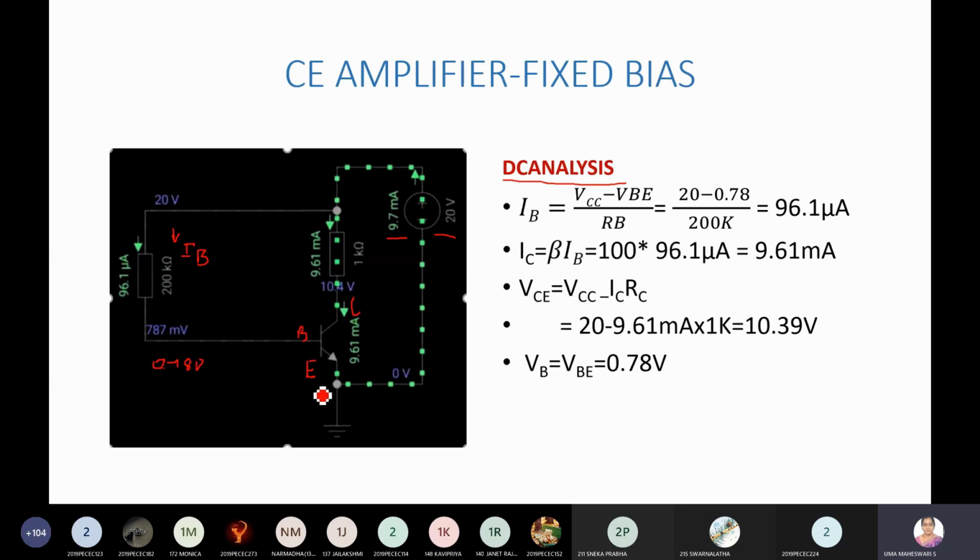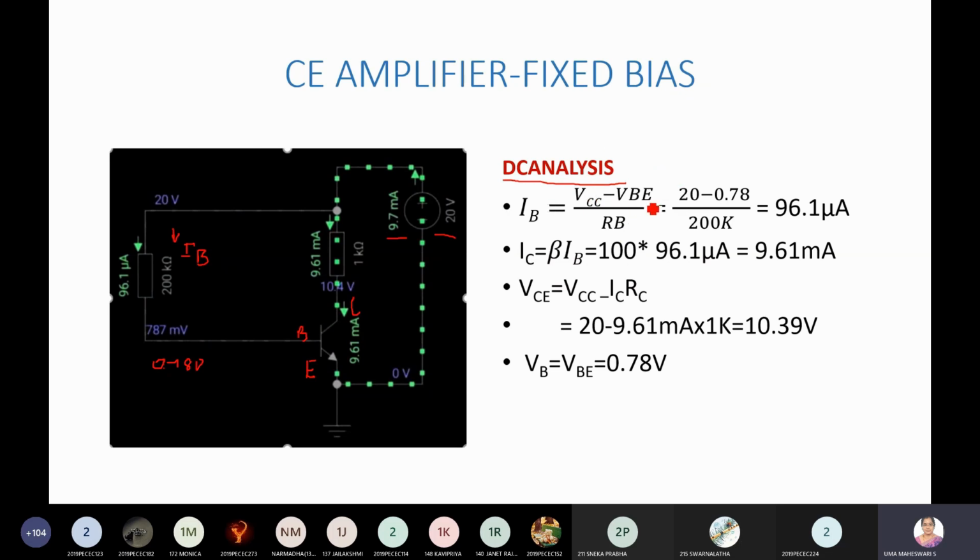Okay. So after simulating the circuit, you will be getting the values like this. But we have to check whether it matches with the theoretical calculation also. So under fixed bias, you know that when you write a KVL in the input base side, you get the expression of IB like this. IB equal to VCC minus VB divided by RB. So what is VCC in the diagram? It's going to be 20 volts.